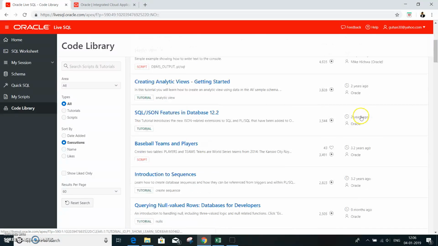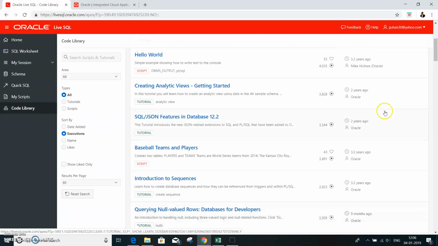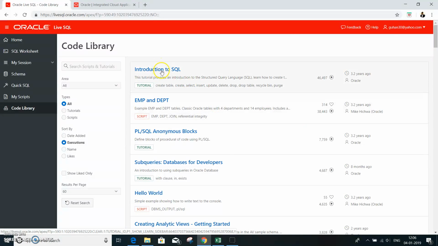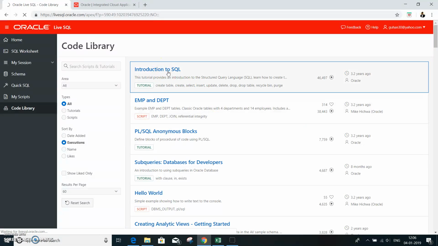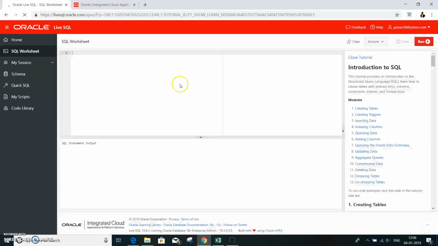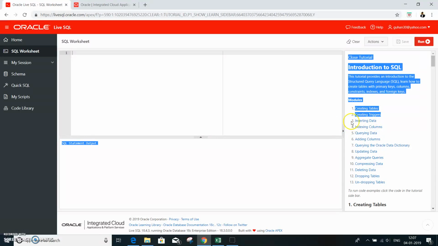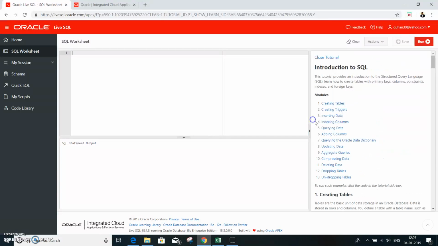Say for example, introduction to SQL, I'm going to click on this. So yeah, it gives you, on the right, it starts off from creating the table.